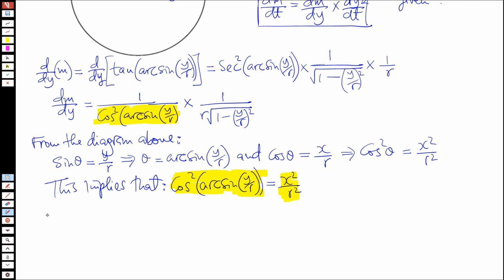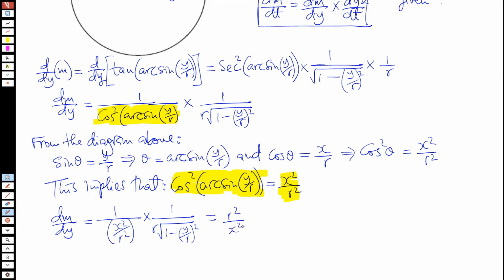So that will mean that dm over dy will be equal to 1 over x squared over r squared, multiplied by 1 over r multiplied by the square root of 1 minus y over r squared. Now this can be written as r squared over x squared multiplied by 1 over... Now inside the square root we can factorize 1 over r squared outside, so we'll end up with r squared minus y squared if we factorize r squared outside. So the resulting expression will be r squared over x squared multiplied by